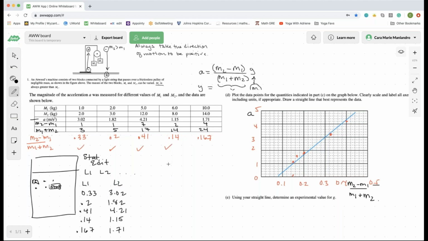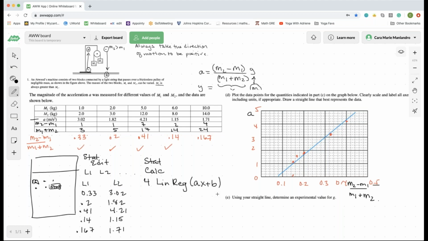Okay, great. Then I'm going to quit and go back to the main screen, and then I'm going to hit stat again. Then I'm going to go over to calc, so instead of edit, I'm going over to calc. So stat, calc, and if you go down, you're going to see 4, which is LinReg, ax plus b. If 4 is not LinReg, you're going to want to pick LinReg.